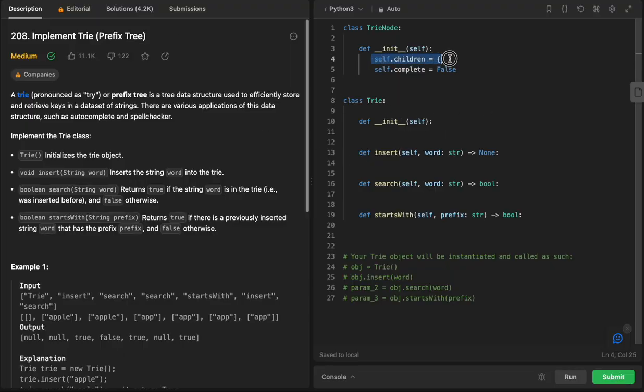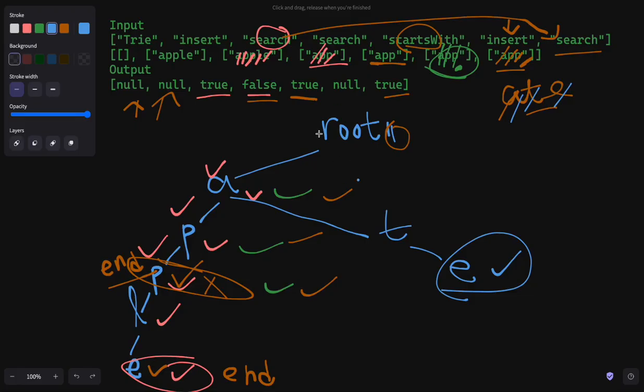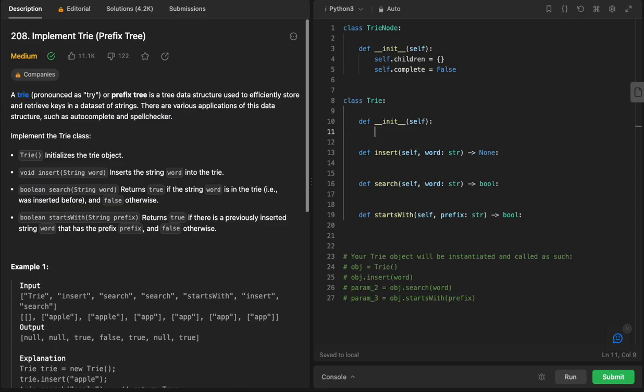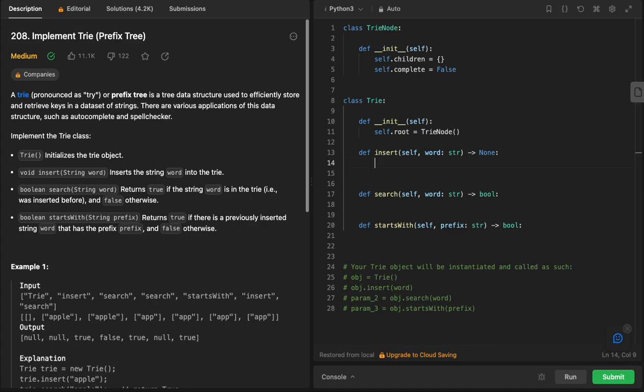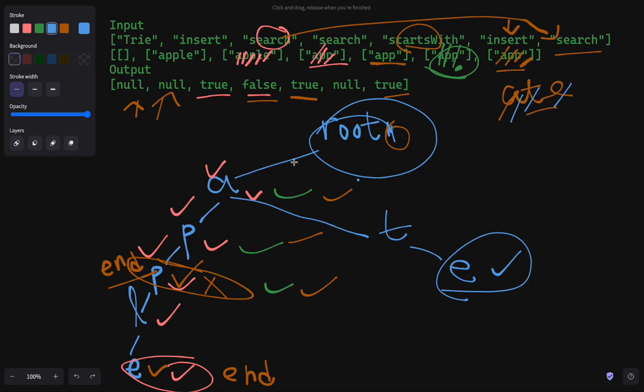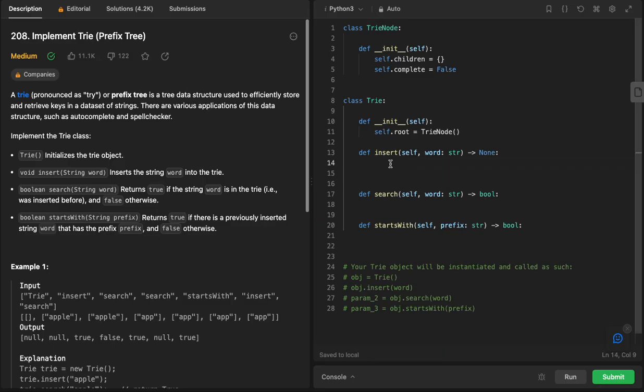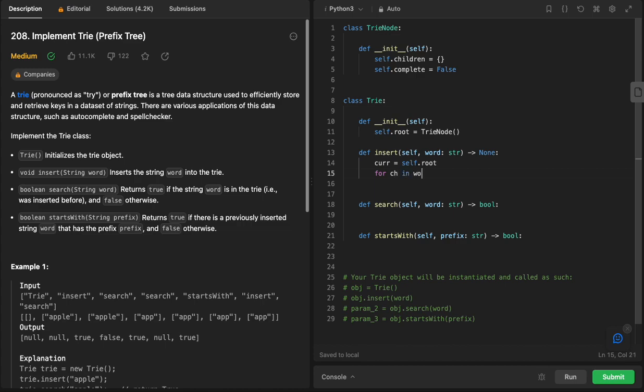Okay, we have the children and we have whether it is a complete state onto its own. So when we initialize, what did we need? We needed the root. That's all we needed to initialize this. So let's say that we have a root, which itself is just nothing more than a trie node, which is this guy. Okay. And what did we do when we inserted? We first check if there are keys, and because we don't want to duplicate, so that's fine. Let's say, let's first have a little pointer that points to self.root. And we'll say for every char in word,